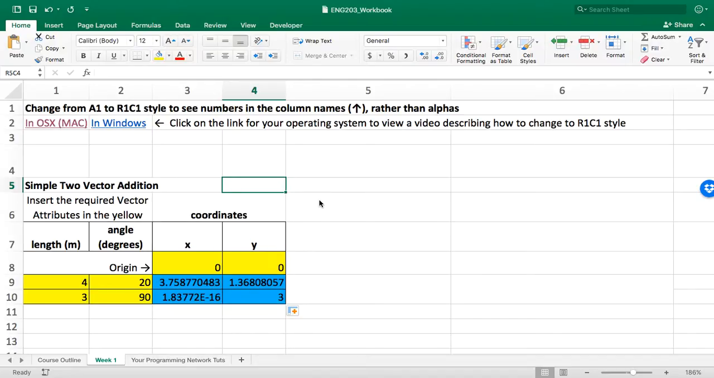In this video, we will be plotting the two vectors for which we calculated the coordinates in the previous video. The first step to creating the chart of the vectors is to select the cells that contain the first coordinate and the second coordinates. So the first coordinate for our first vector is at the origin, 0, 0. So to highlight that cell, I just